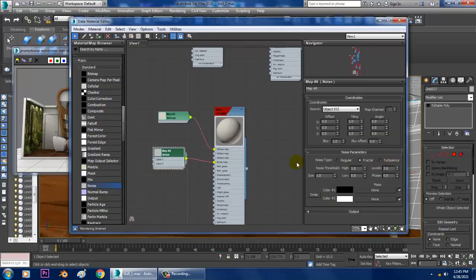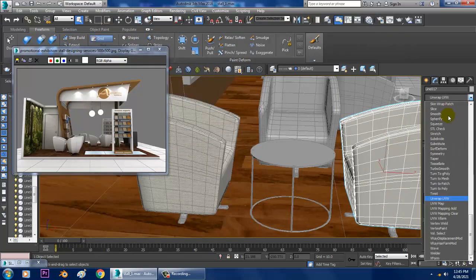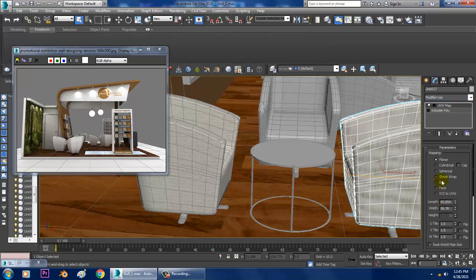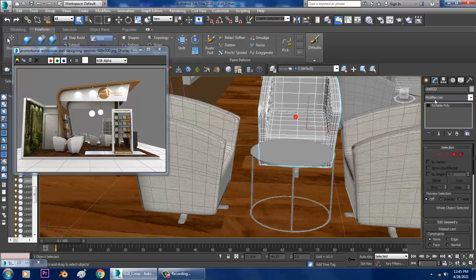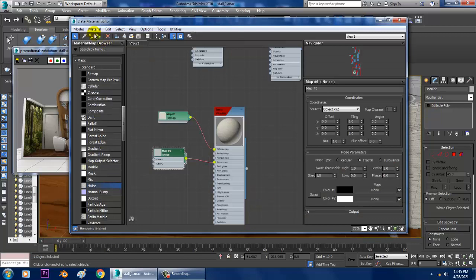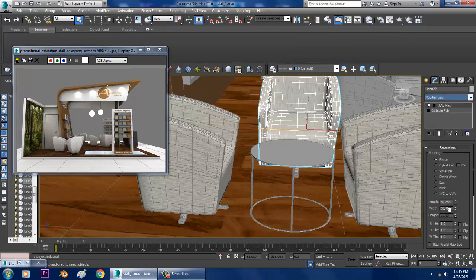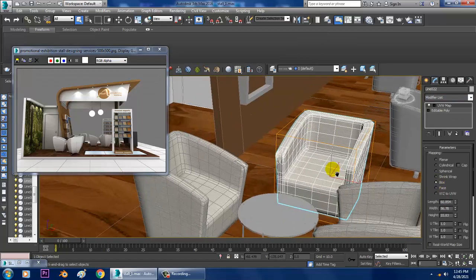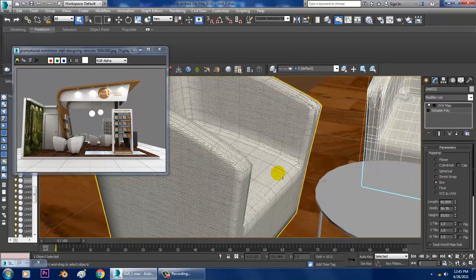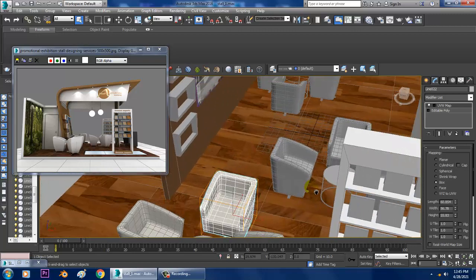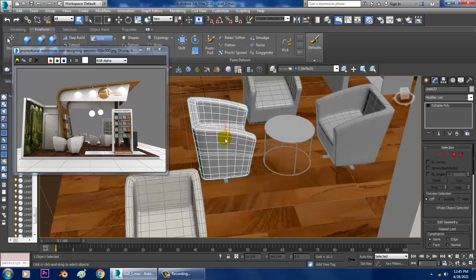Again, let's go into this, assign it, give a UVW map, set it as a box. UVW map, set it as a box. So once you're done over here, we'll be doing the same over here.